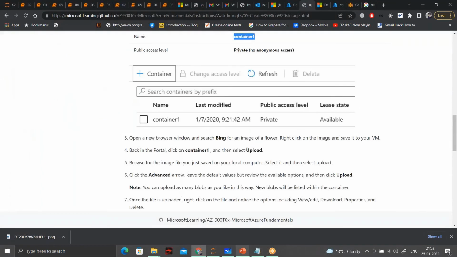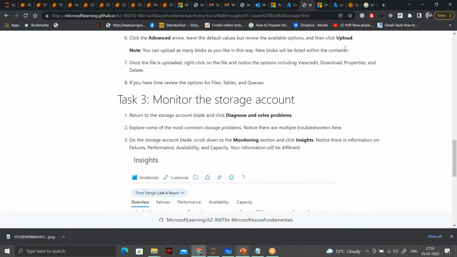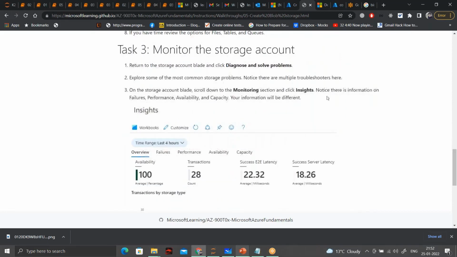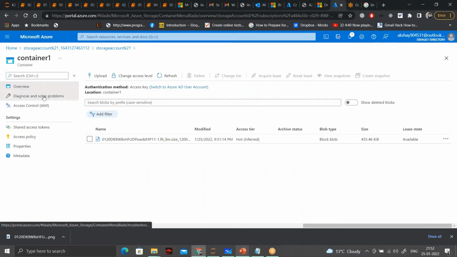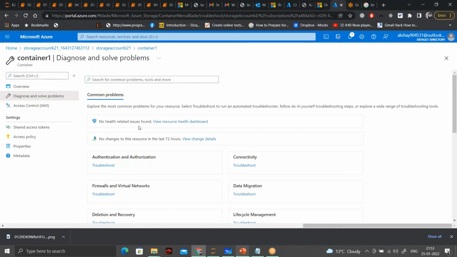Okay, then what we had to do. We have already seen this thing. We have uploaded the blob also. Within your storage account, you have the Diagnose and solve problems section, where you can see the monitoring and all of these things. So all of those details are also present. Currently there are no problems, but if there were any health problems with these services going on, they all would be present here.